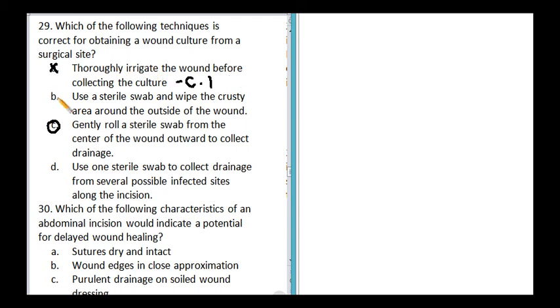B is also wrong because it says you will swab the crusty secretion around the wound, so you need to get the sample from the middle, not from the outside. And letter D is also wrong, so I'll cross that out, because it says here several sites, therefore you need to use several swabs. You do not use a single swab for different sites. The answer is C. Next,